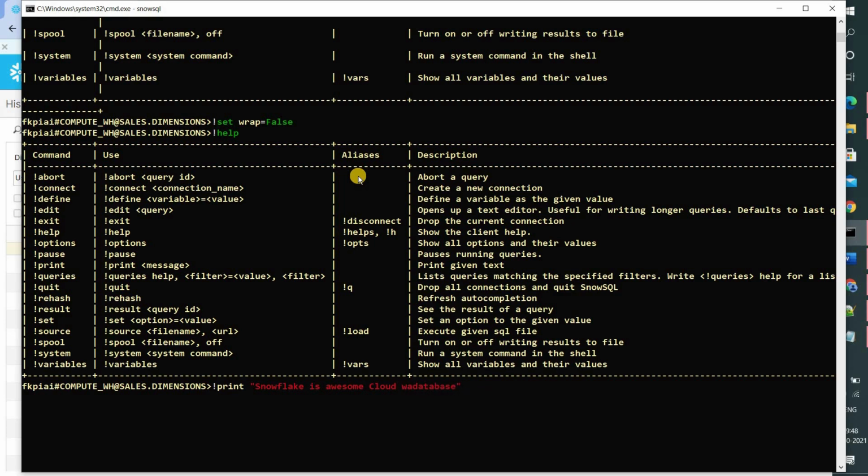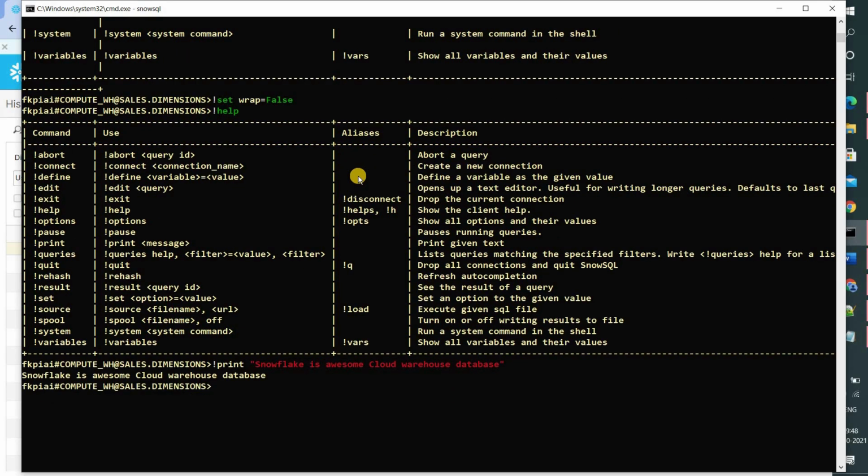Cloud warehouse database. It will print the text whatever you are giving. This helps whenever you are sending some test records to some other party, from multiple tables, to differentiate the result set of one table from the result set of another table. You can write some messages, but we hardly use this command.